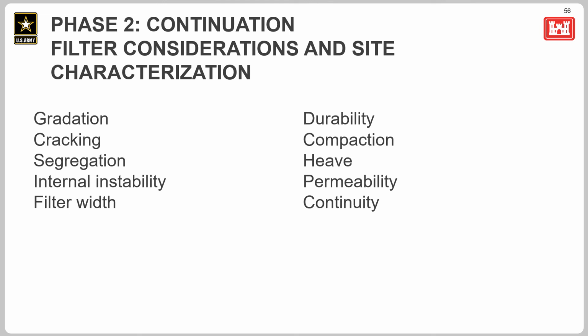So again, tying continuation and filter considerations back to site characterization, what do we need to be thinking about? So gradation and the ability to adequately retain particles is really the most important factor in continuation. But even if a filter or a downstream zone exists, there could be other factors that affect the likelihood of continuation. So consider cracking based on fines content, presence of plastic fines, cementation, potential for washout due to segregation or internal instability that results in a coarser filter gradation than was originally